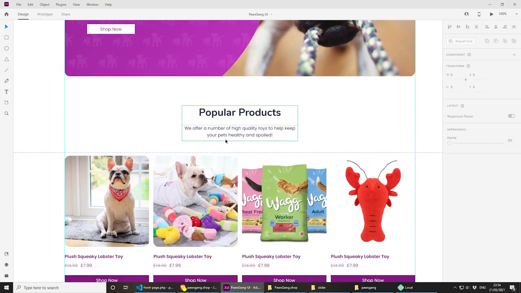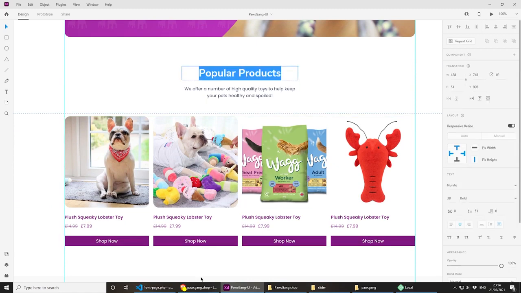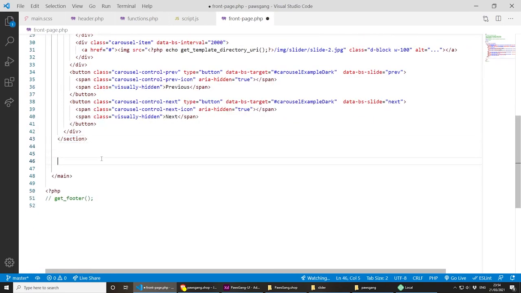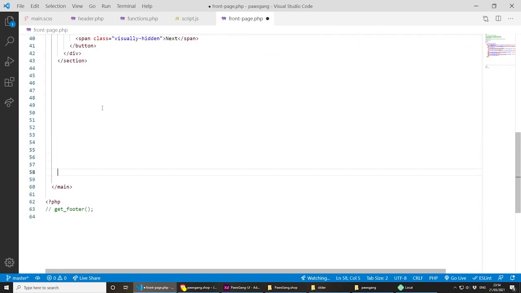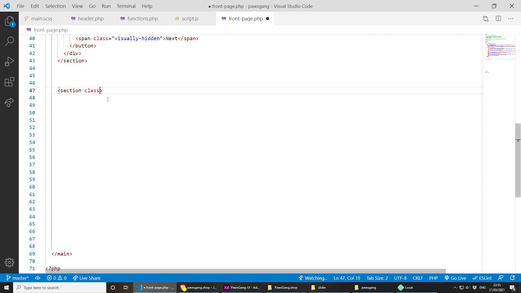All right, the next section is popular products. This should be an easy one. I'm gonna copy the title, and let's go and create a new section underneath here. I'm gonna do a little bit of space for you to see better and concentrate on each section at a time. All right, for the popular products, we can do another section, and then that section will have the class